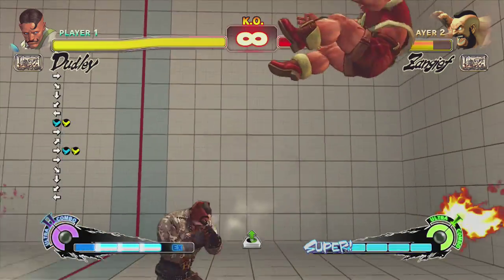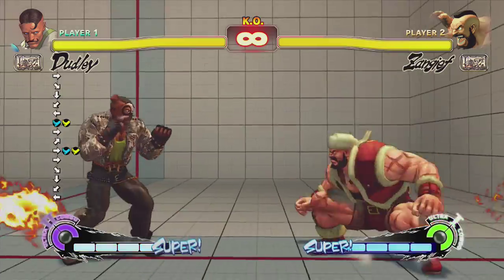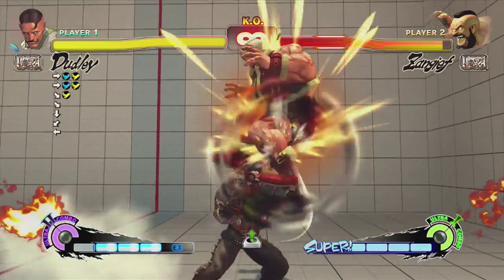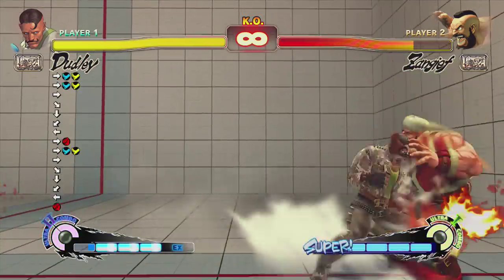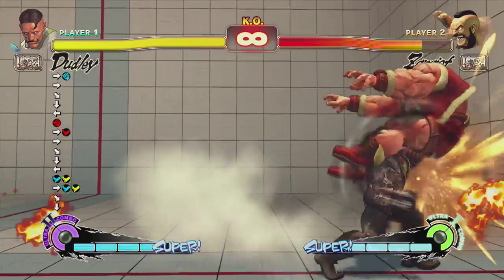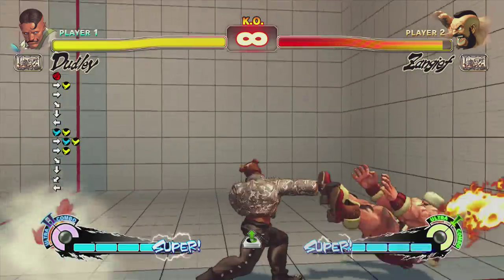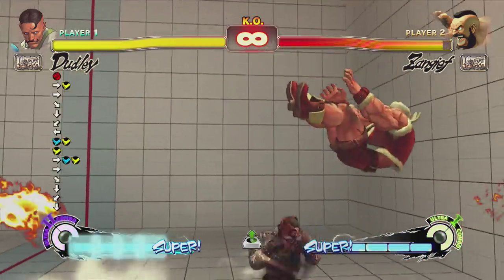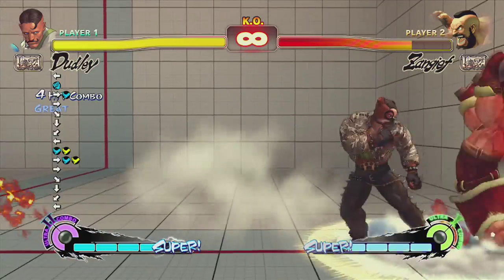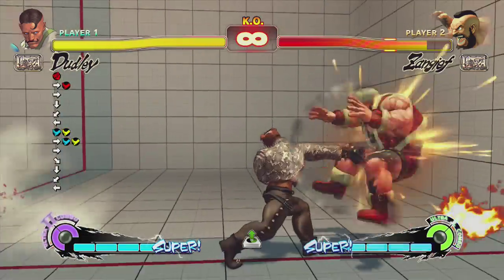So Gief is one of those characters that's very easy to hit with the EX duck upper as an anti-air. That was supposed to be EX, but there we go. And bam. Bam. Whoops. Not doing it late enough, but there you go. That's good damage. It's 2 bars, but I mean the damage you get off of it,